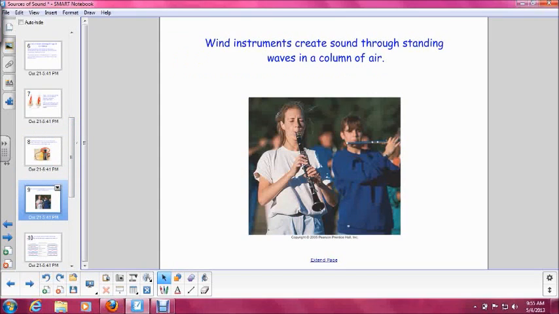Now, wind instruments create sound by making standing waves in air. So how do you do this? Well,